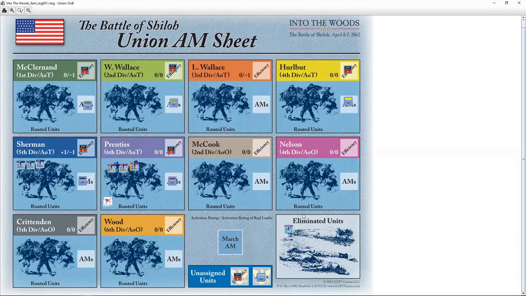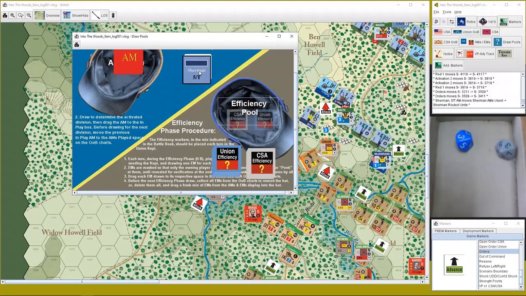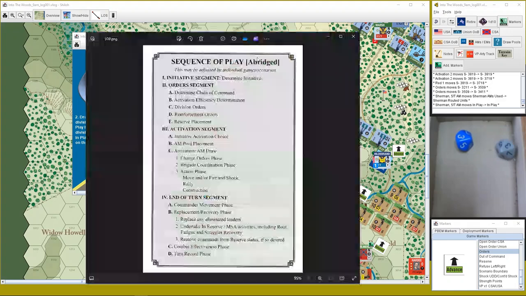Okay. So we know Sherman's got 3. So we can put one of those down there. And we're going to have Sherman have his as the first one in play. Okay, so therefore he's got 2 coming here. That is the next part of the sequence of play. We've got AM pool placement, and then we draw from there in the activation segment. So we now have to work out what each